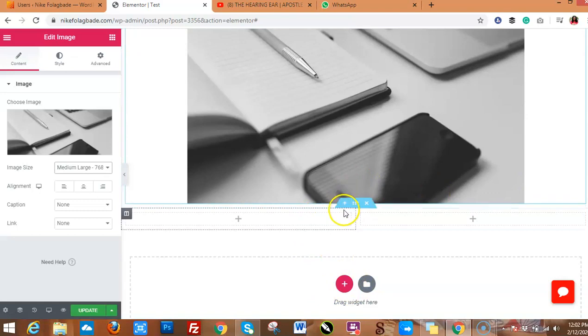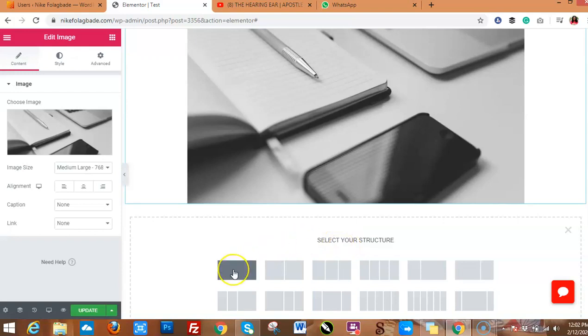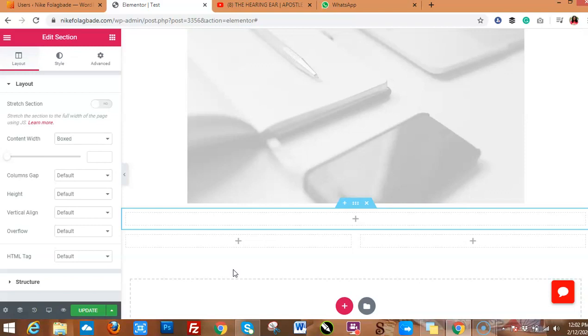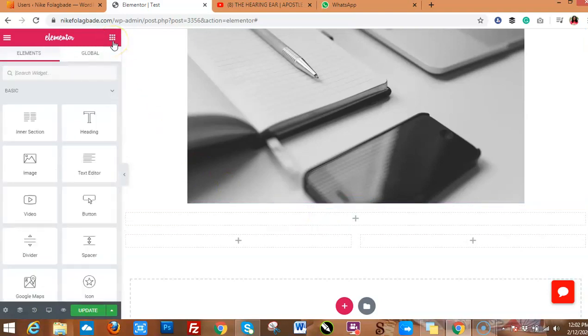So what you need to do is to just come over here, just over the section that you want to use, and you just add section. You can see it now. You can just put the one you want to put over it, right? So you can choose to put something under it by clicking on this one here, or you come and click on this particular one. So let's say we want to put services and we want to put the title of,